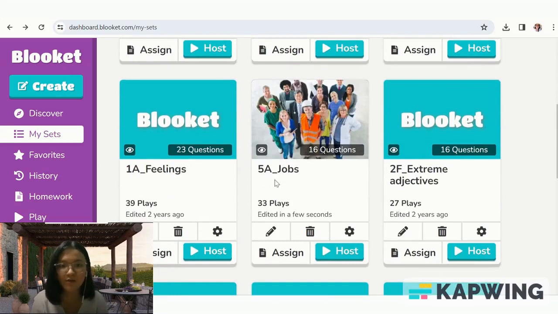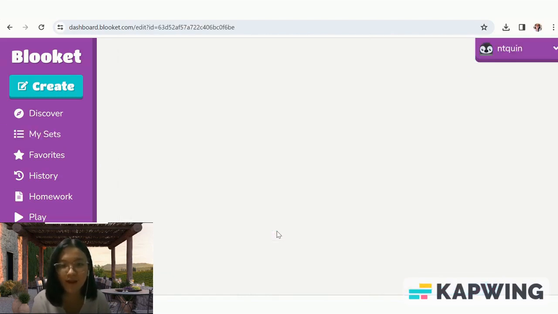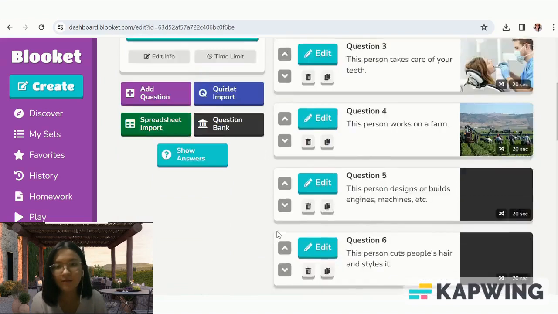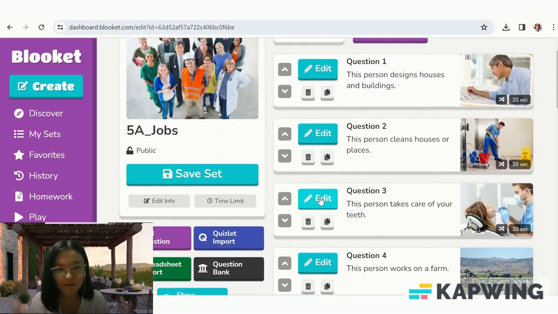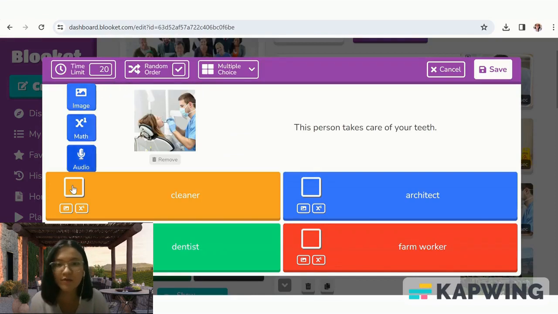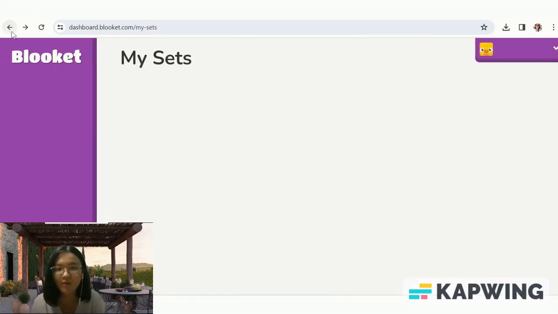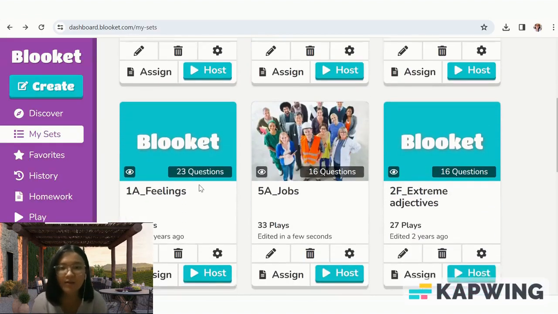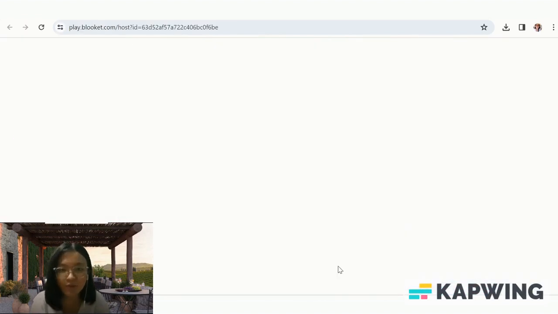Let's take a closer look at this one, Unit 5A Jobs. Blooket has a user-friendly display and it provides you with a number of options you can choose from to design your own questions. After that, when you host the game, there's a variety of game modes that you can choose from,